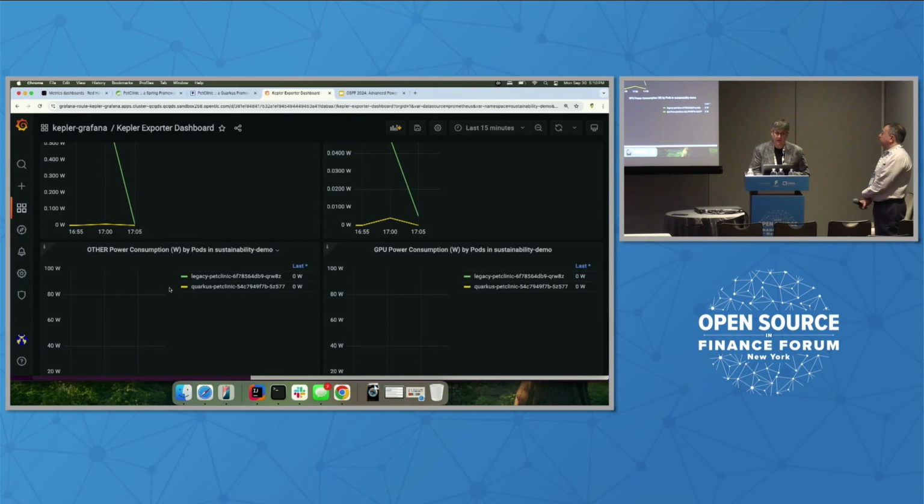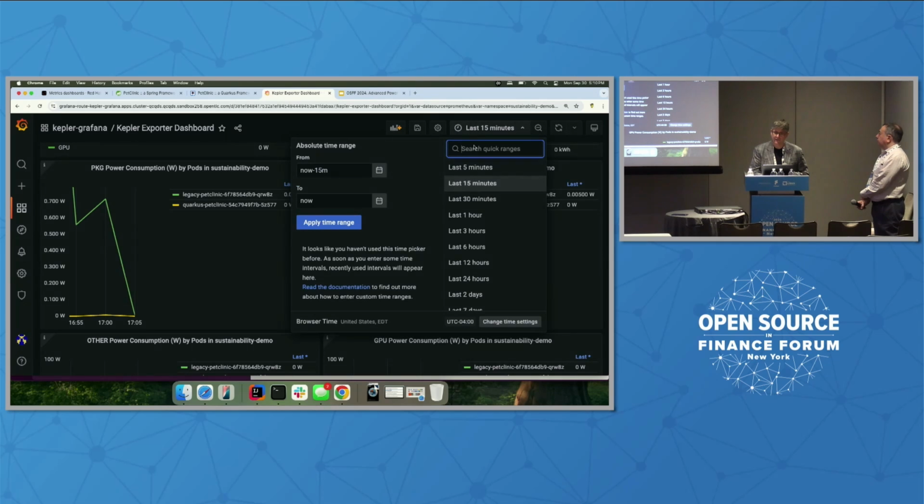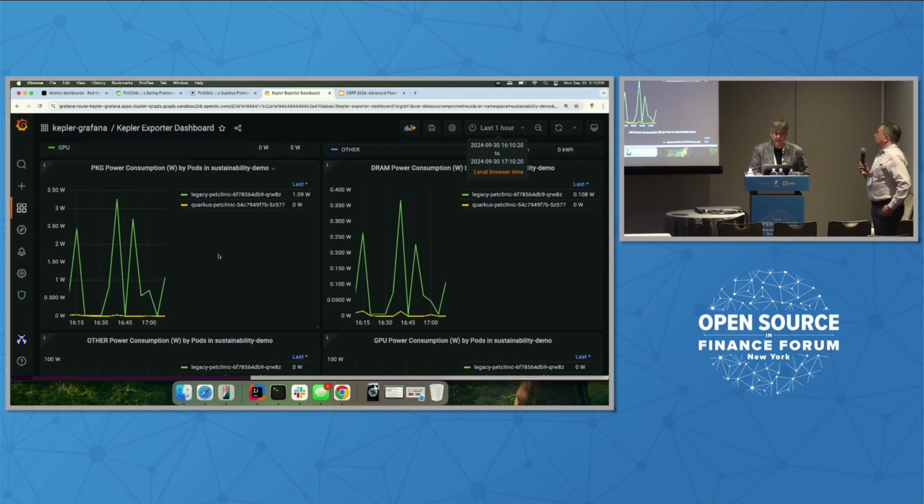And if you have a little bit of time at the end, we can show how this looks after running this for some more time. But the point is that I can now have a tool that allows me to make decisions on, hey, I should run this version versus the other version because it consumes less power, it's more efficient from that point of view. So you can do A/B testing. I can do A/B testing with two versions, and this is exactly what I'm doing right now in a very crude way by showing these two things running side by side.